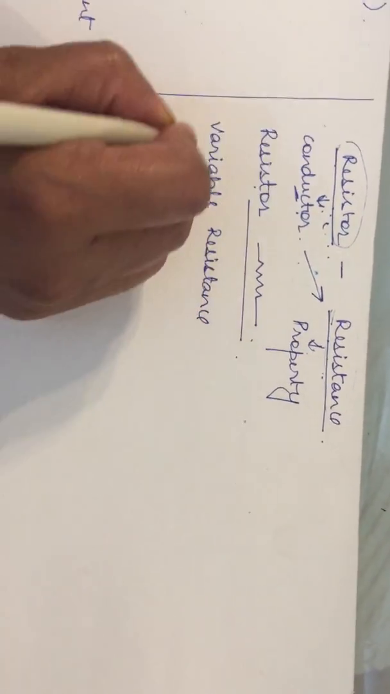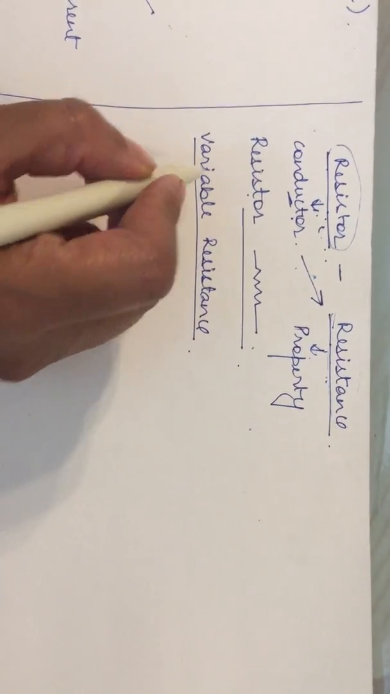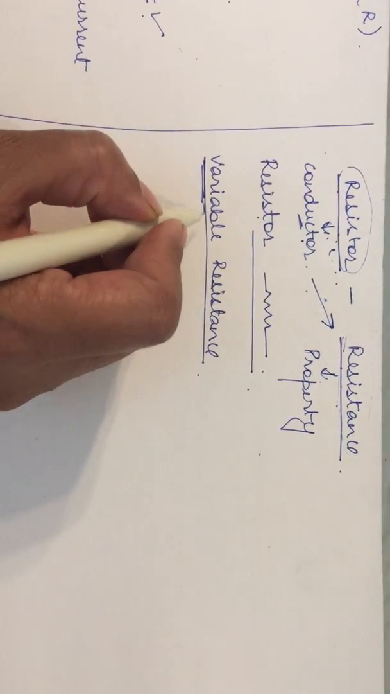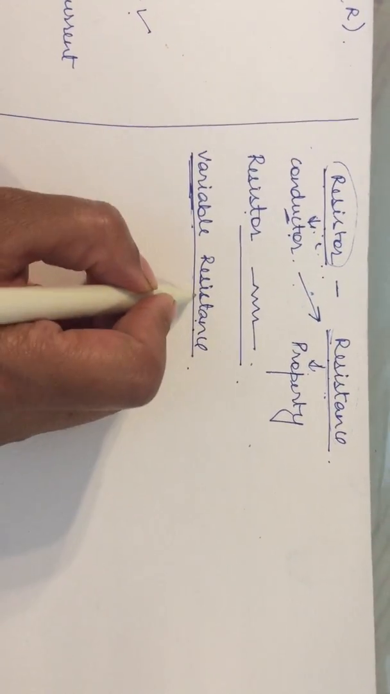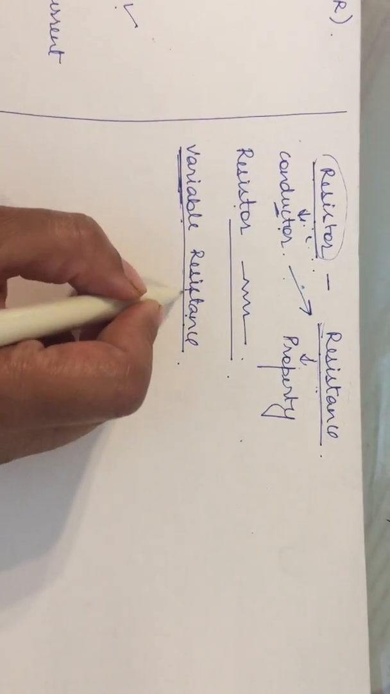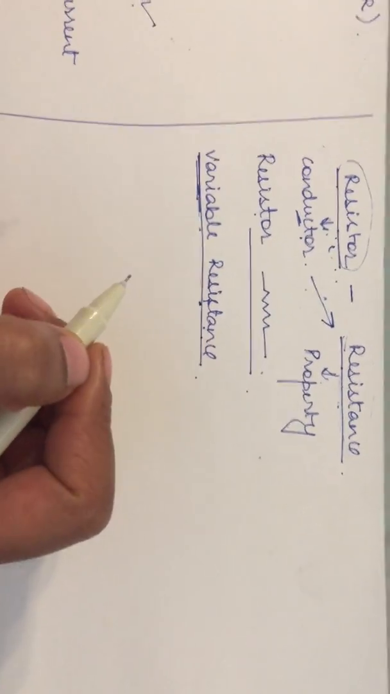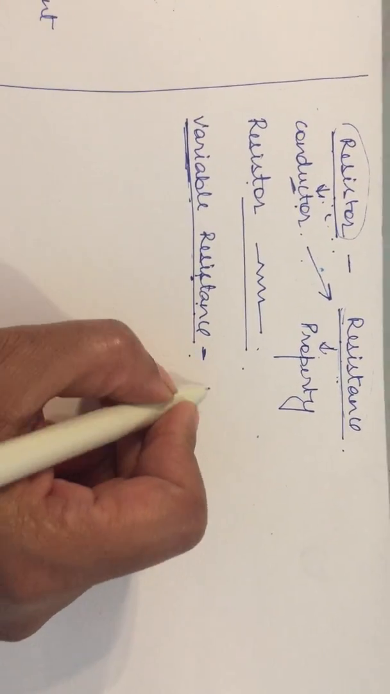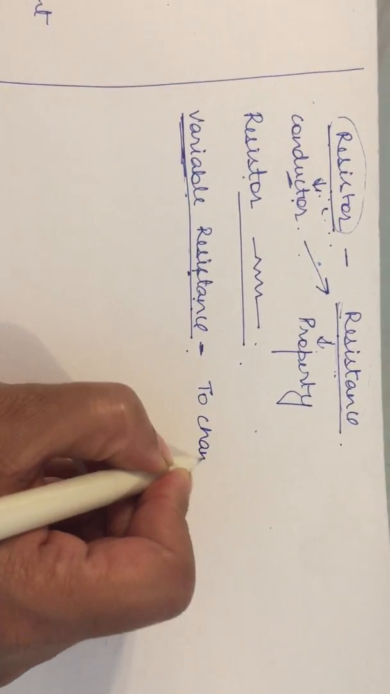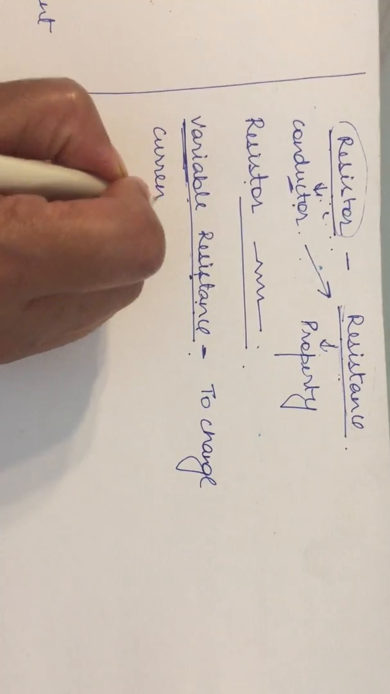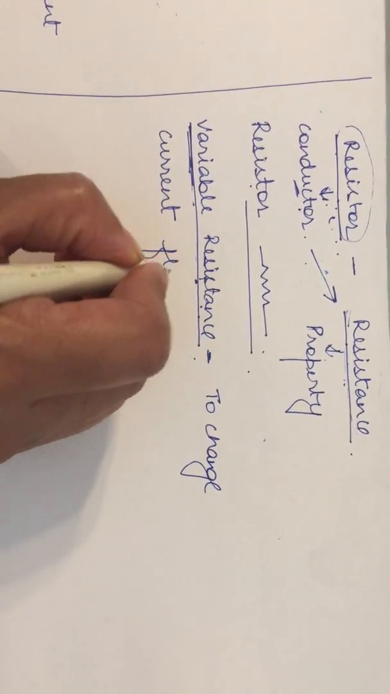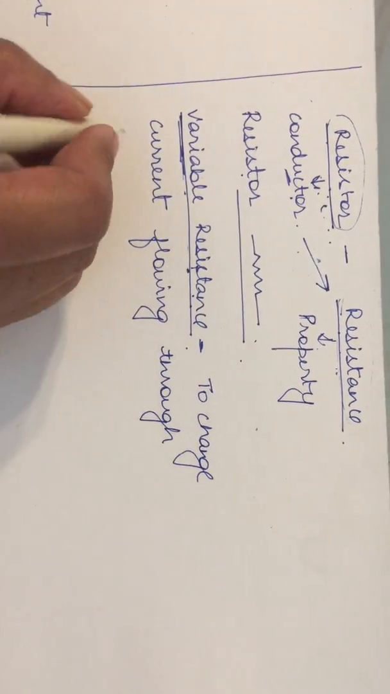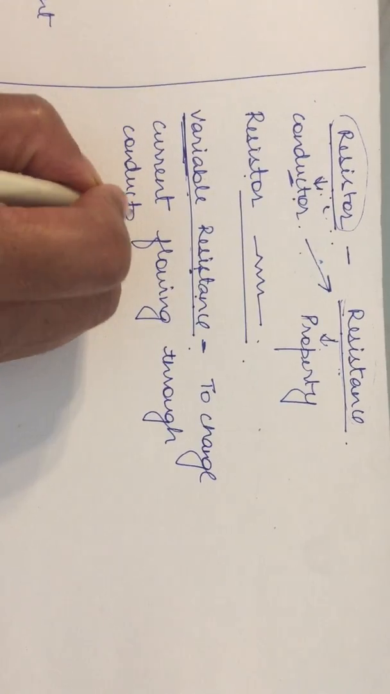Now the next term which we'll be learning is variable resistance. Variable, vary means something which changes. So variable resistance means resistance which is changing. Why do we feel the need of changing this resistance? We change the resistance when we want to change the value of current flowing through a conductor or a resistor